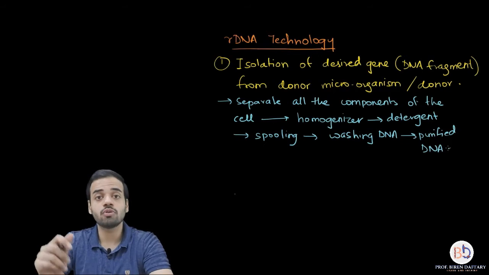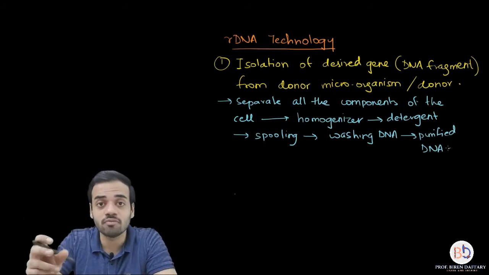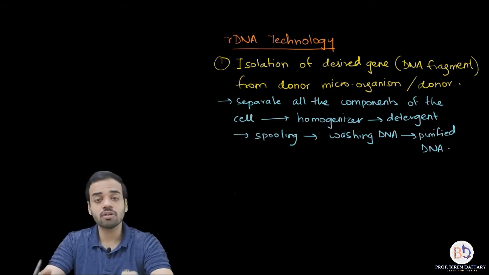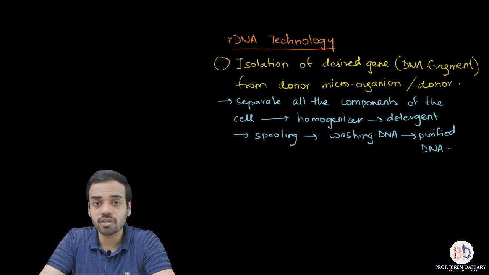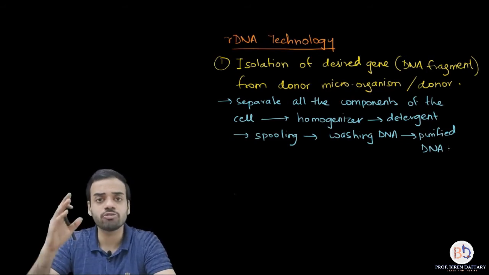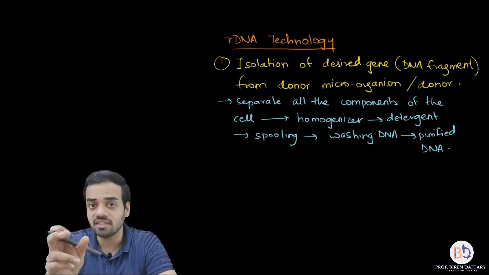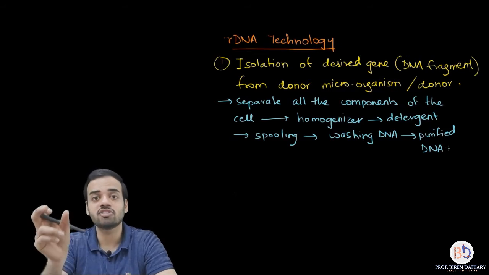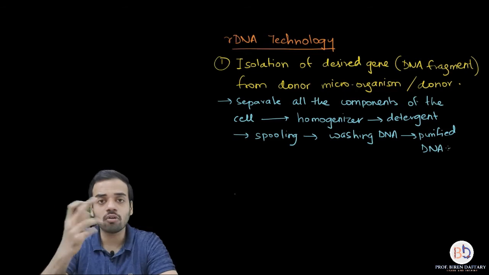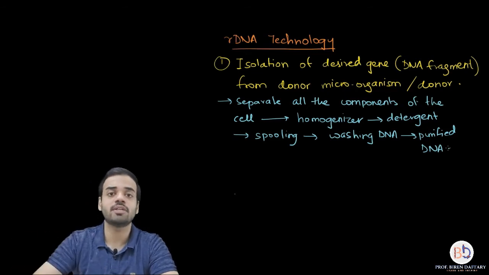Now, is our first step complete? No. You want to isolate the desired gene. What is a desired gene? Desired gene is a DNA fragment. See, here you have got the entire DNA of the cell. You don't want the entire DNA. An entire DNA is very long. It is having thousands of nucleotides. You want just a gene. A gene is only a small fragment of a DNA which is having some nucleotides. So now how will you get the required gene from the DNA?